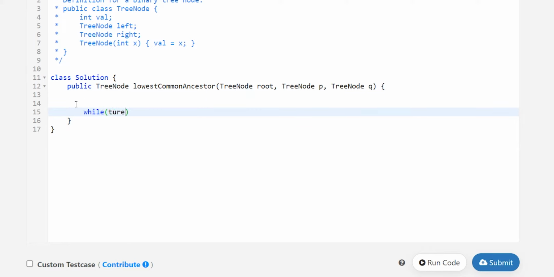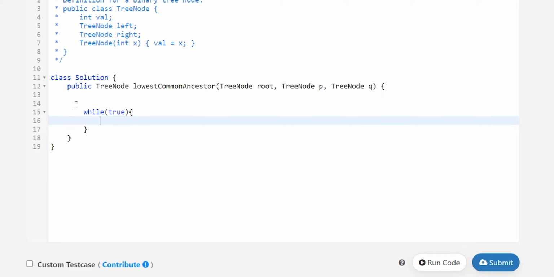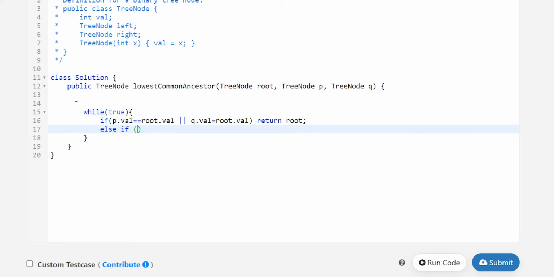I'm creating an infinite loop. I'll tell you why. Once we get through the code part, I'll explain you every single line of this code. If p.val is equal to root.val or q.val is equal to root.val, return root. Else if p.val is less than or equal to root.val and q.val is greater than or equal to root.val, return root.